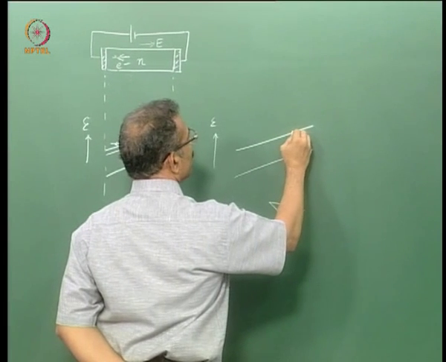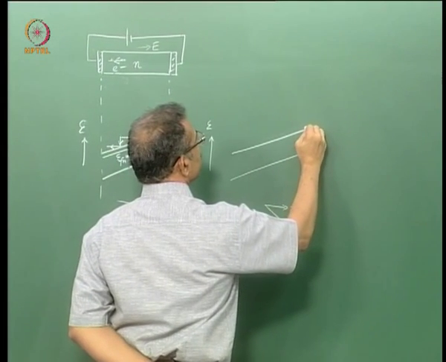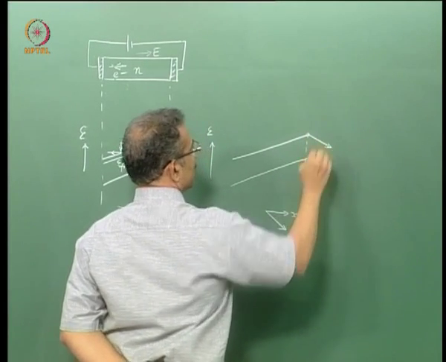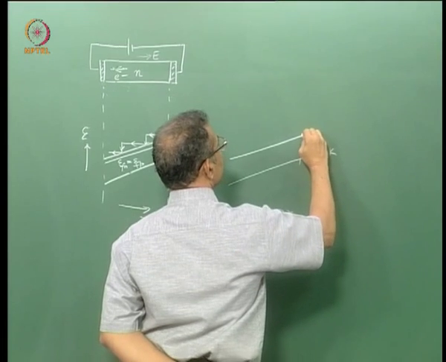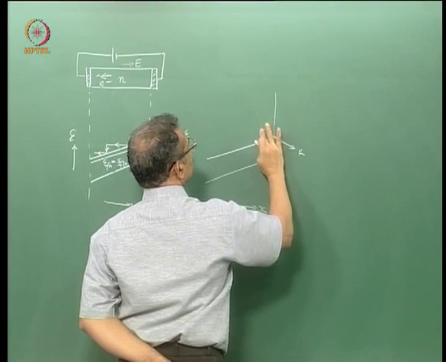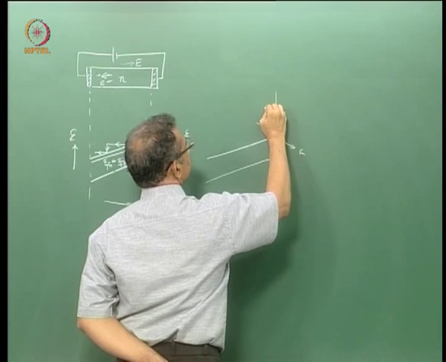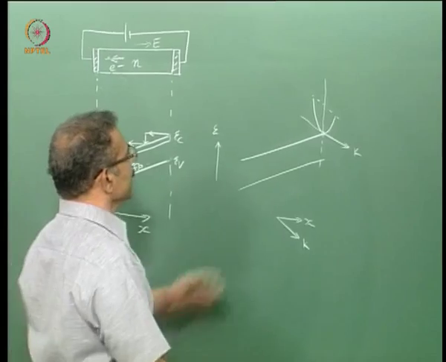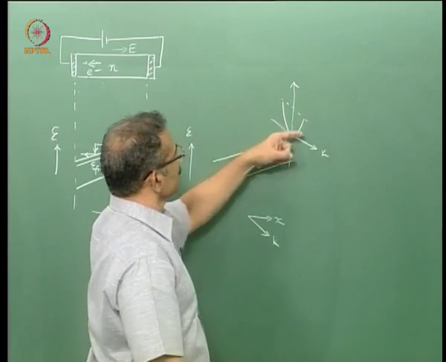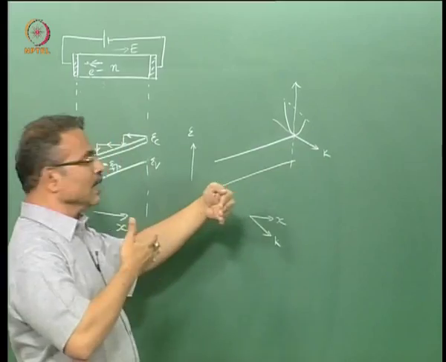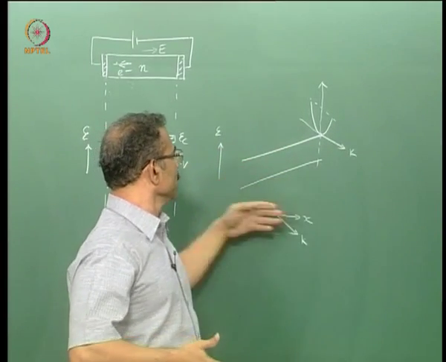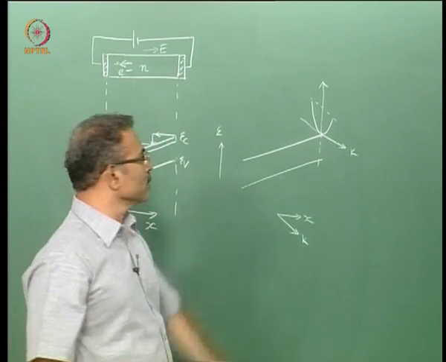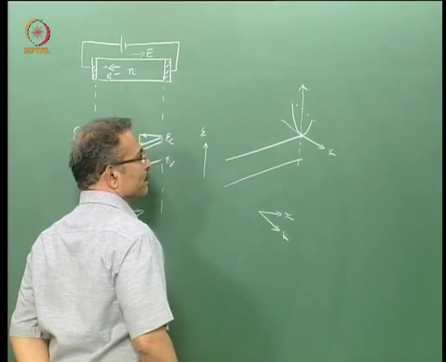So if I for example draw an EK diagram at say this point, it would look something like this. So this is your k, right. So this is your EK relation. It is being drawn in this direction, so it is really perpendicular to the board. This is what you should imagine. So the surface of the board is the x direction, this k direction is perpendicular to the board, and so EK is drawn like this.